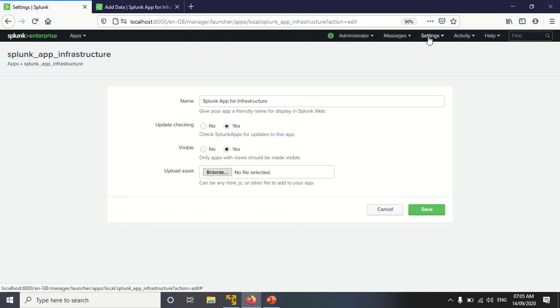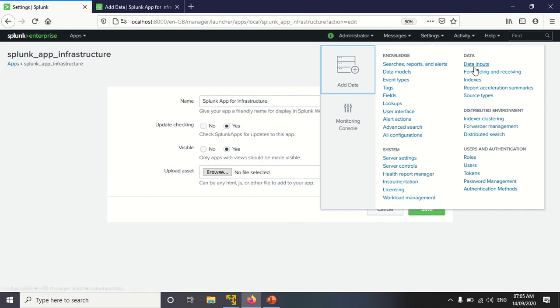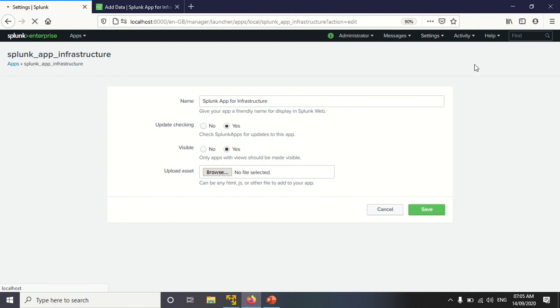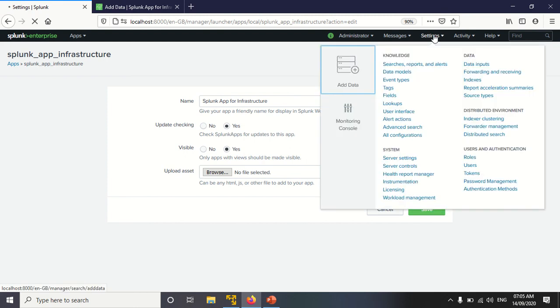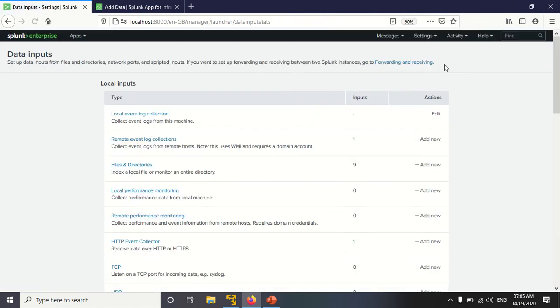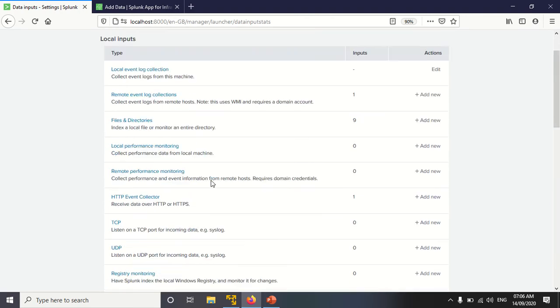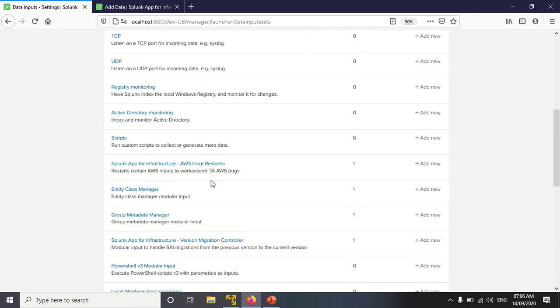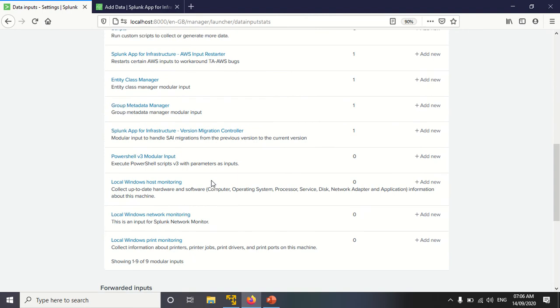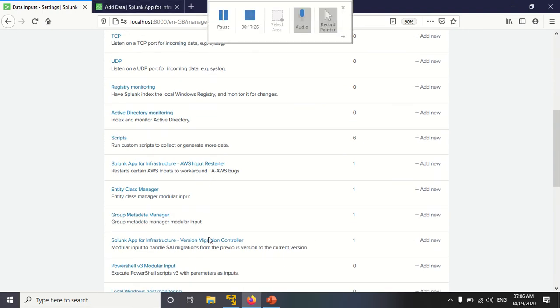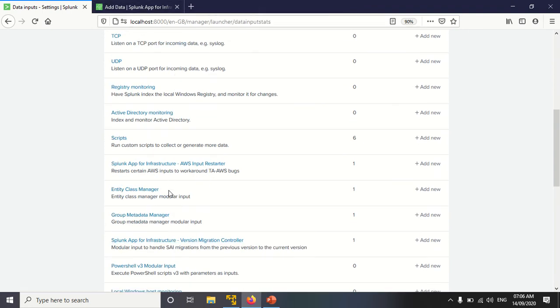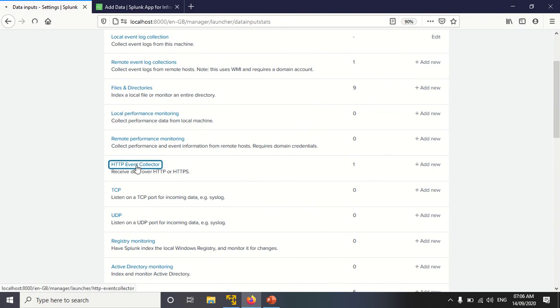After that, we need to create the HEC token, the HTTP Event Collector token. For this, go to Settings, go to Data Inputs, then go to HTTP Event Collector.